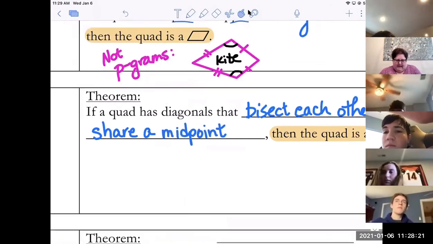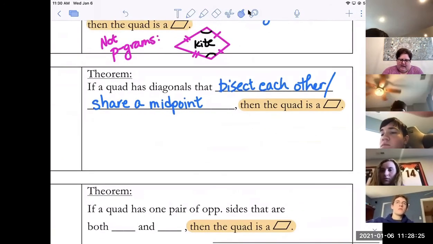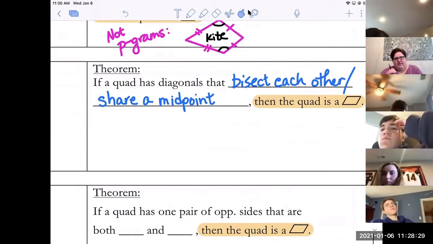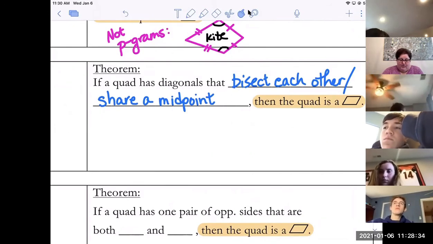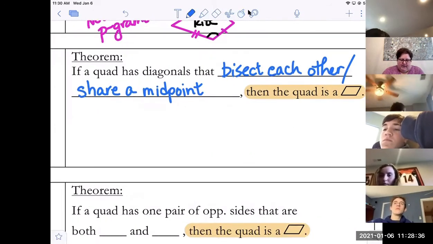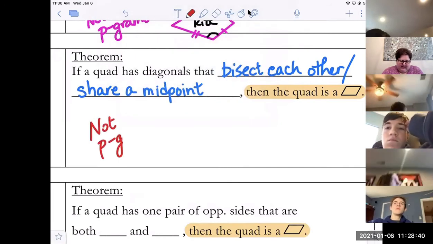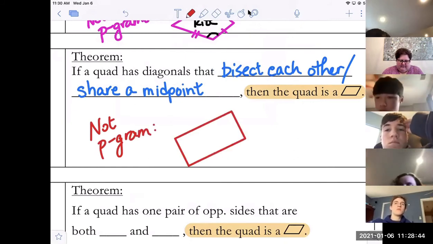If the diagonals bisect each other or share a midpoint, then the quad's a parallelogram. You have to be careful that you say that they're bisecting each other and that their midpoints are the same. Because again, here's a counterexample. If you don't say the diagonals bisect each other, in a kite,